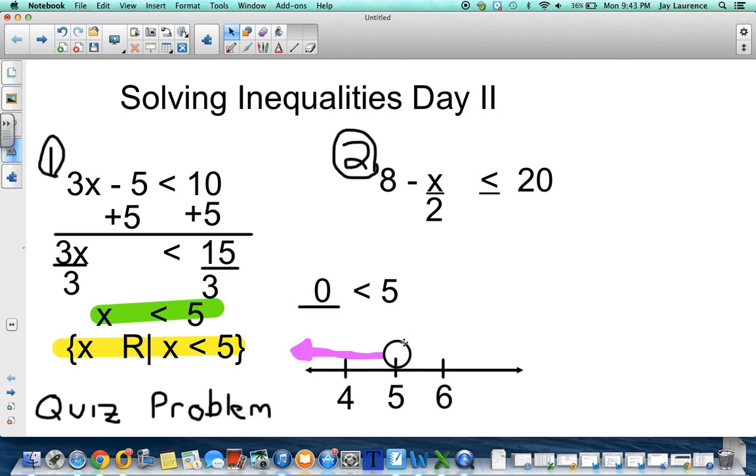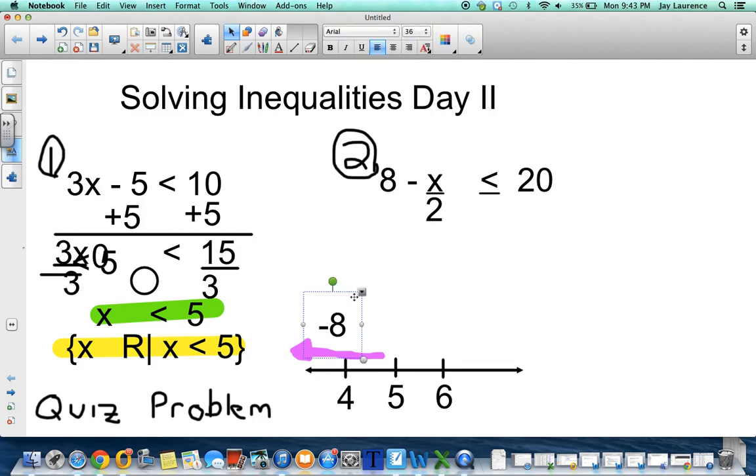Okay, let me get rid of some of this stuff here, get it out of my way. And I'm going to come over and solve this next equation. Now, very much like what we were doing in class the past few days, I'm going to get rid of this 8 first, so I'm going to have to subtract 8 from both sides of the equation. All right, so I'm subtracting 8, and then I draw my line,